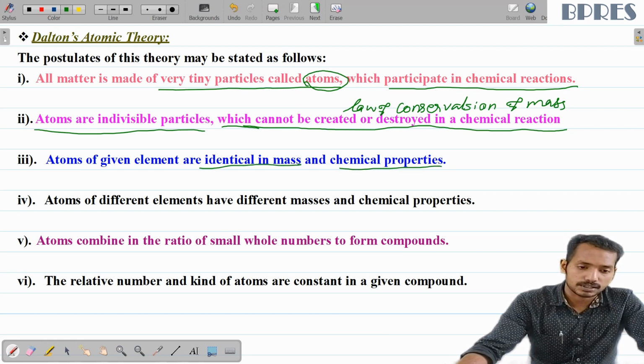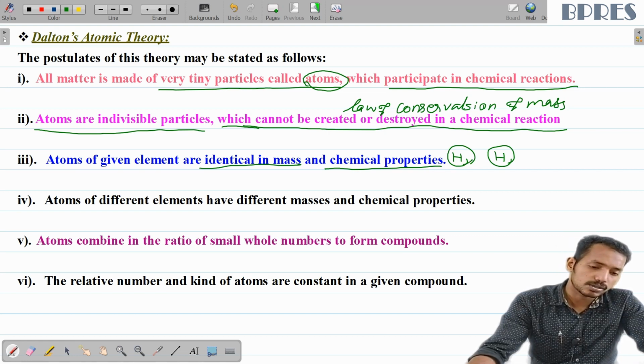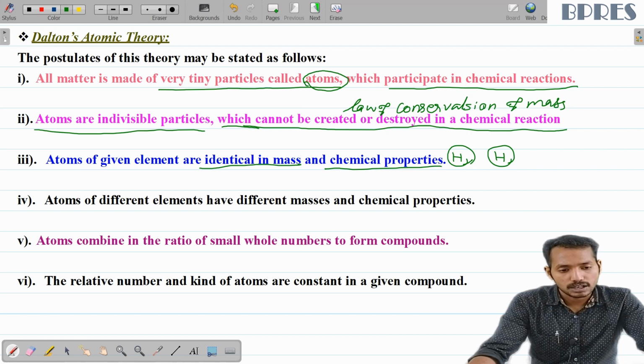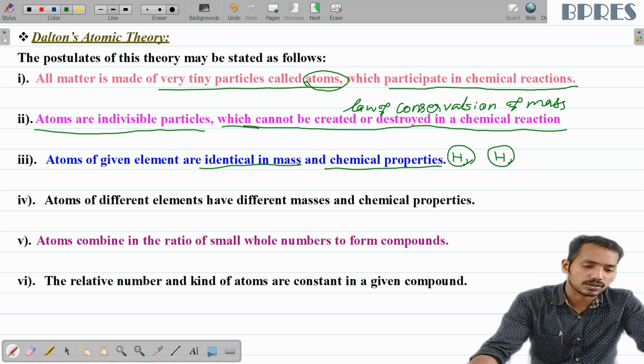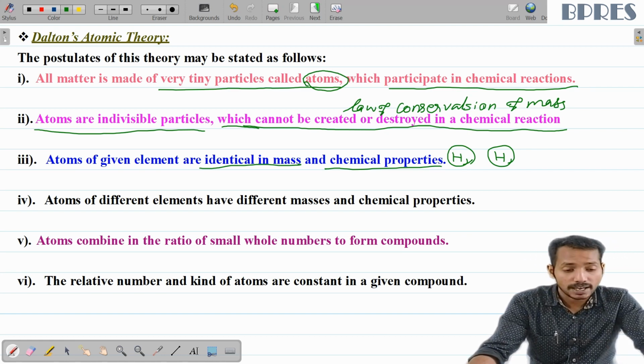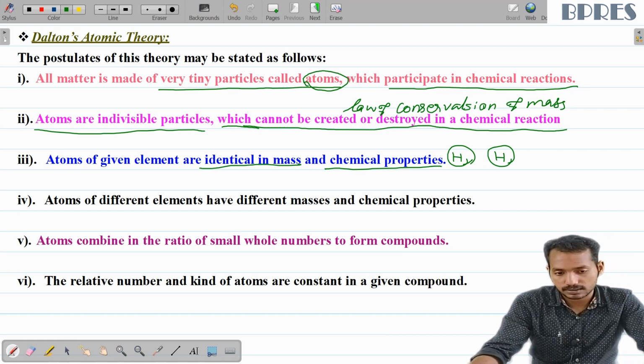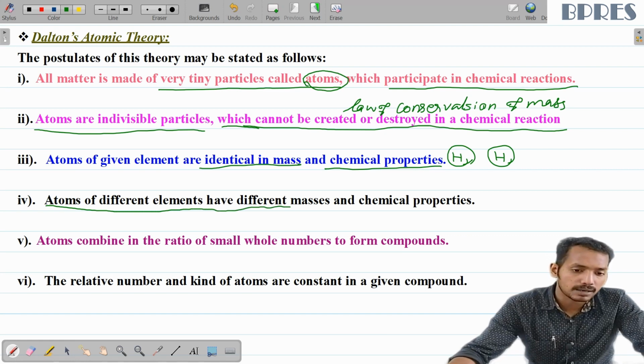as well as in chemical properties. If you take 2 hydrogen atoms, the mass of these 2 hydrogen atoms will be the same, identical. Also the chemical properties. For example, if you take hydrogen gas from whichever part of the world, both will be combustible, because high combustibility is the chemical property of hydrogen gas or hydrogen atoms. And then the fourth statement is that atoms of different elements have different masses and